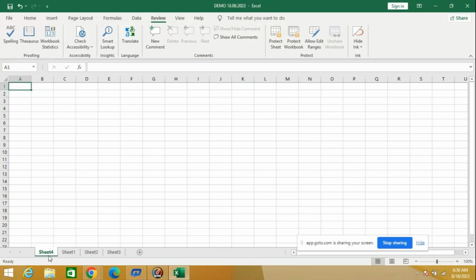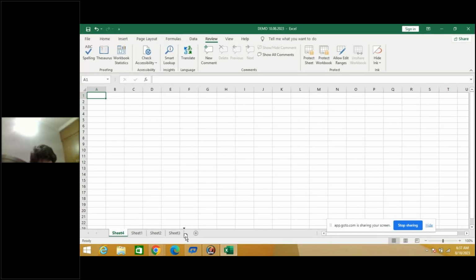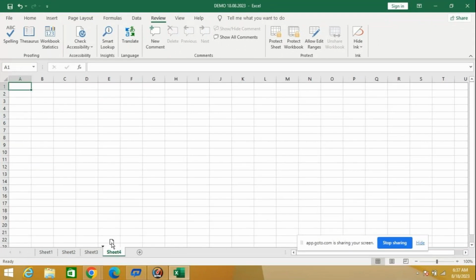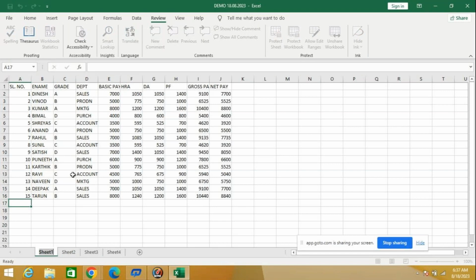If I want to move the sheet, place it after sheet 4, I can drag it and place it after sheet 3. Again, if you want to move it, drag it and place it wherever you wanted. So I am placing it before sheet 1. I can drag it in this way. Or I can change the name of the sheet. I can change the name to